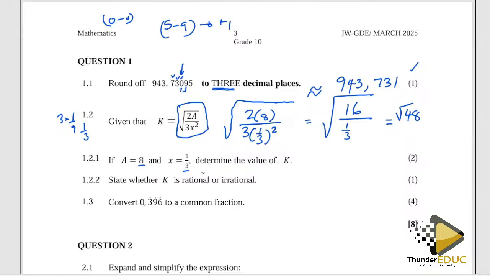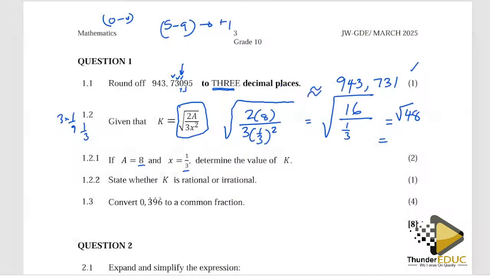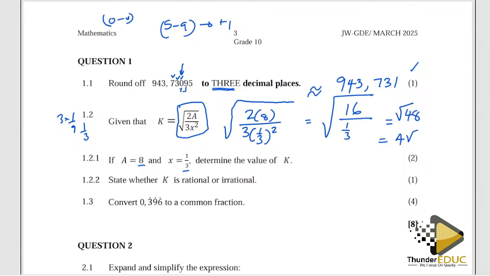From there, feel free to punch this in the calculator and get the answer, because there is no restriction to this question. They never said whether we must not use a calculator or whether we should. If you just punch this in the calculator, you should get an answer of roughly 4 root 3. We prefer to have it in surd form, as much as the question didn't tell us which format. Or if you want to leave it as a decimal, then it should be 6,93, something like that. All right, then